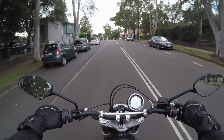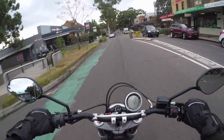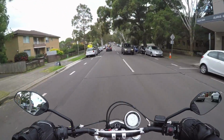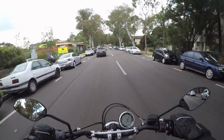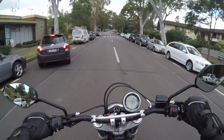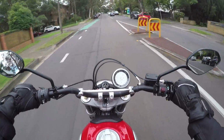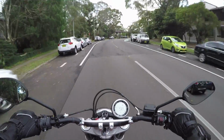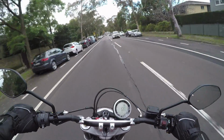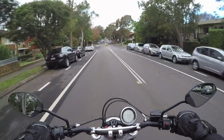So what are its competitors? If you're interested in one of these bikes, what else should you be looking at? To be honest, I'm not totally sure, because every bike that it's similar to is different in some way. You know what I mean? I know Triumph do a similar thing, the Triumph Street Scrambler, I believe. But I don't think they've gone to the same effort as Ducati to make it an off-road worthy bike. So if you want that extra 20% off-road capability, I think the Scrambler is going to have that beat. So then I guess